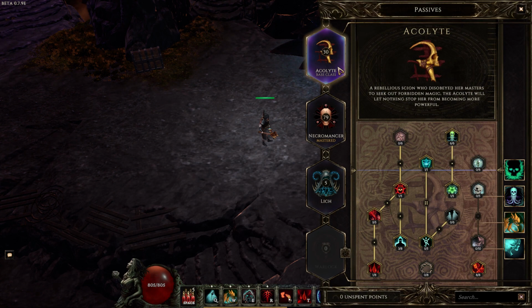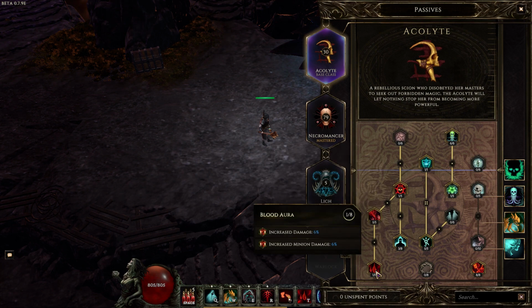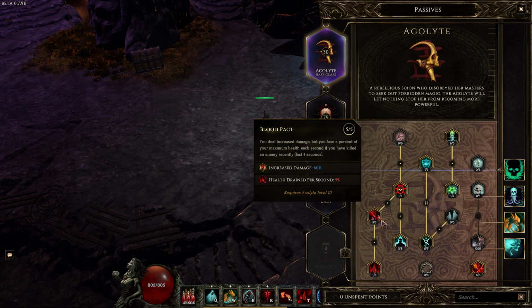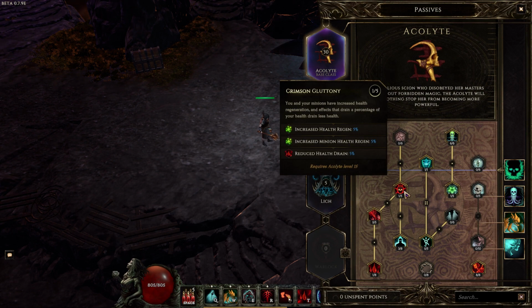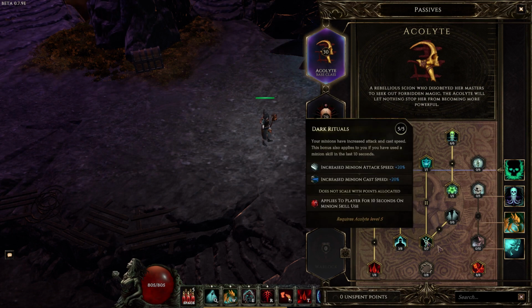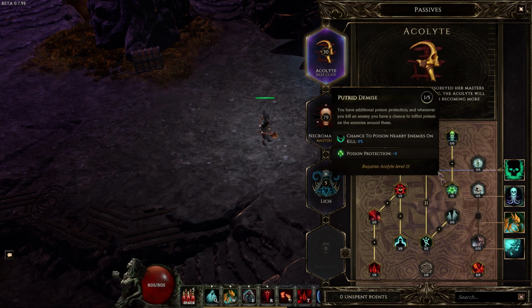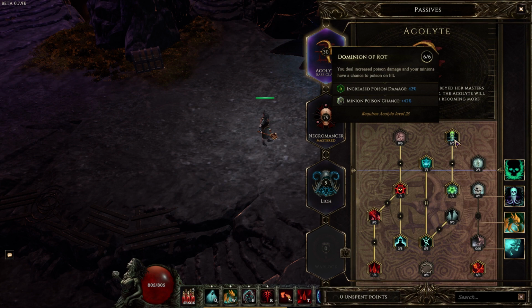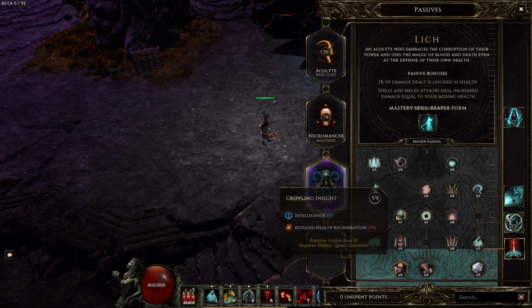For passives, we have 30 plus points in the passive base class, with 1 point in Blood Aura, 5 points in Blood Pact, 3 points in Stolen Vitality, 1 point in Crimson Gluttony, 5 points in Dark Rituals, 8 points in Forbidden Knowledge, 1 point in Putrid Demise, 1 point in Soul Aegis, 6 points in Dominion of Rot, 5